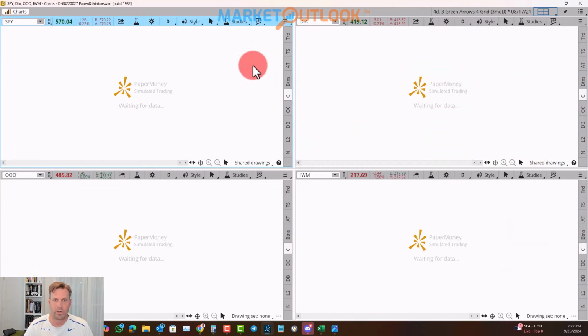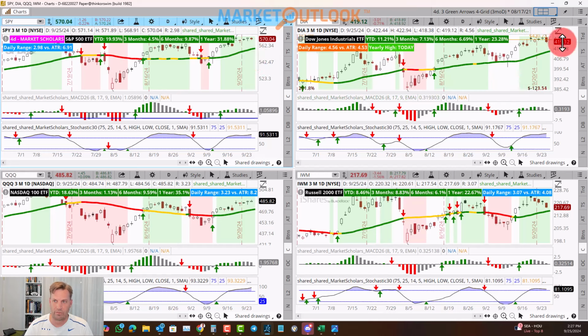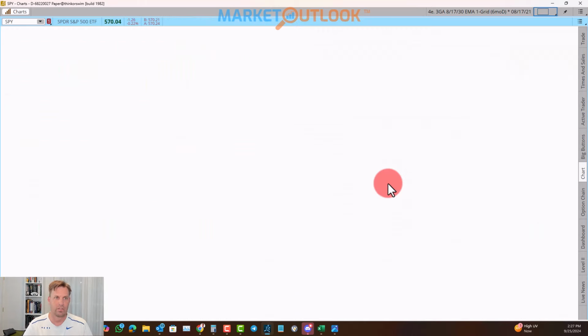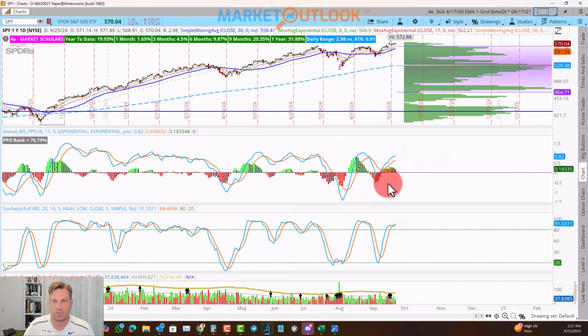Obviously, you have 3 green arrows across the board, right? Even with the weakness in the Dow and the Russell, they still both have 3 green arrows. Now, they might not have that tomorrow, depending upon if we bounce up, how much we bounce up. But the other 2 clearly will have, for at least another day or 2, 3 green arrows in the other 2 indexes. Looking at the 2-line versions, you can see we're still above all the moving averages,